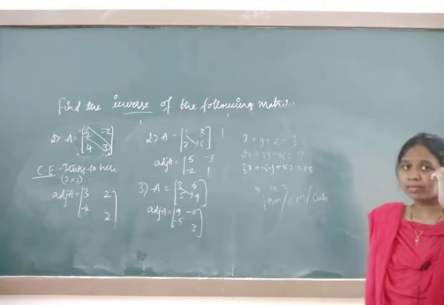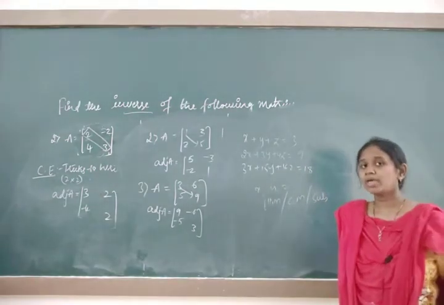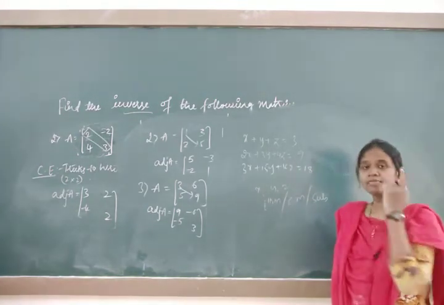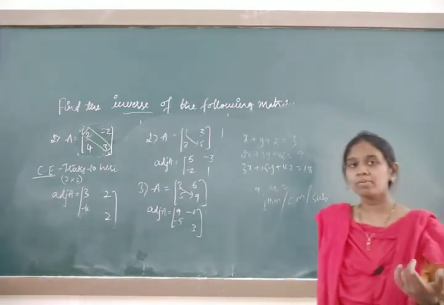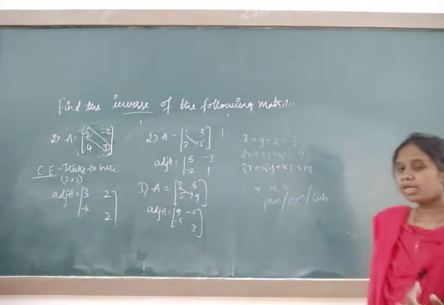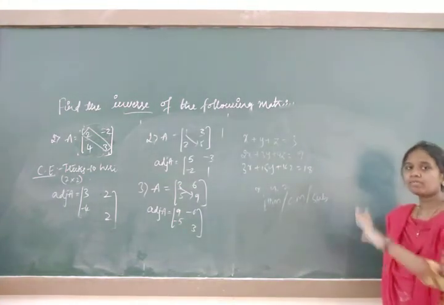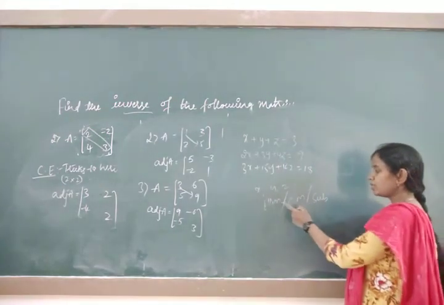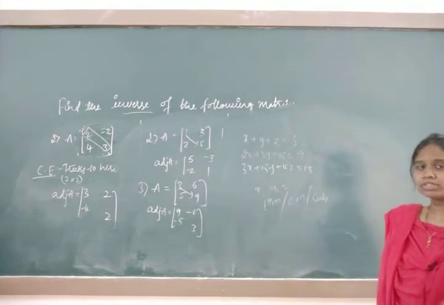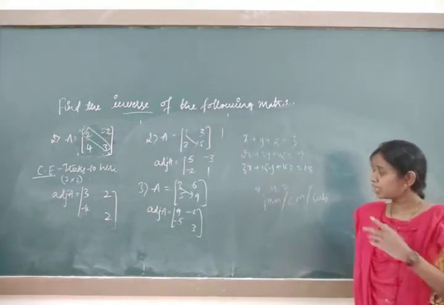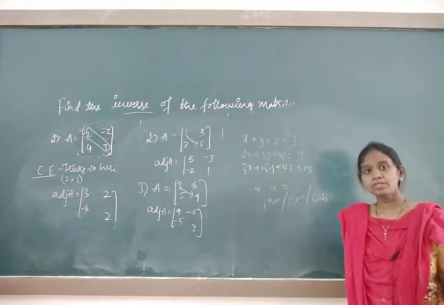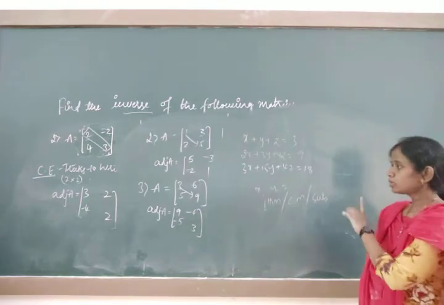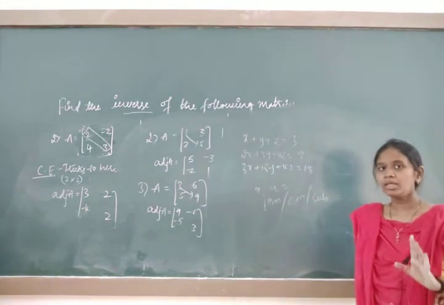But in the determinants chapter, you can also find the values of x, y, z with the help of A inverse. What is that A inverse formula? 1 by determinant A into adjoint A. So based on that formula also you can find the values of the unknown quantities x, y, z. We know we can find them with elimination, cross multiplication or substitution, which we have studied since the 7th standard. But these problems can also be simplified in the form of determinants with the help of the A inverse formula. Because of that, in today's session I have taken A inverse.